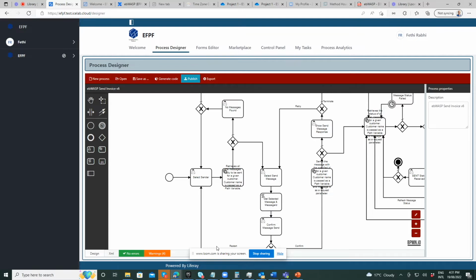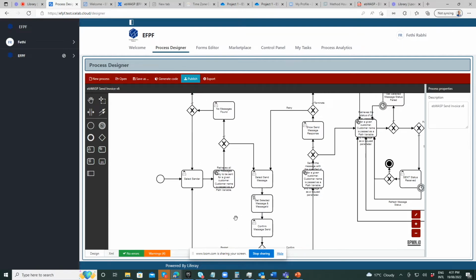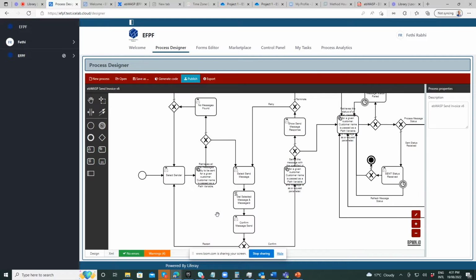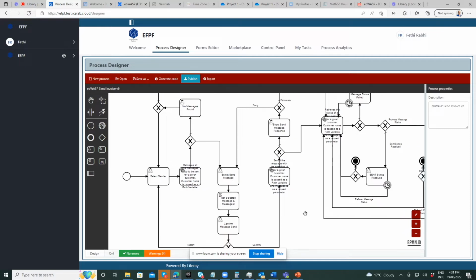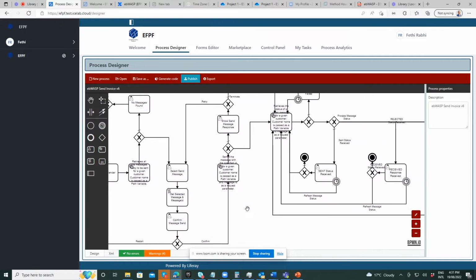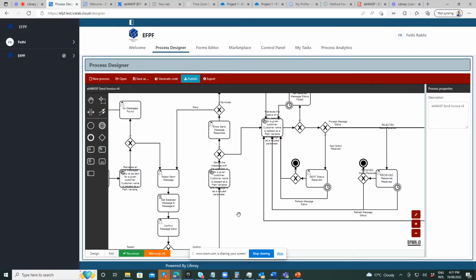We can see, for example, that after the sender has been selected, you confirm which message can be sent. You can see that the workflow is fairly complex because there are many cases. For example, if the identity of the sender hasn't been checked, or if the message that was selected is invalid. After the user selects which message to send, it goes into the process of sending the invoice, and